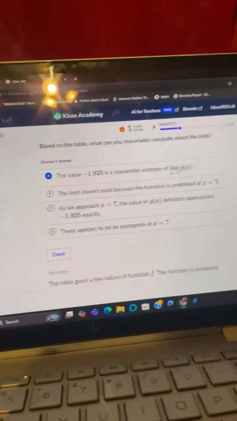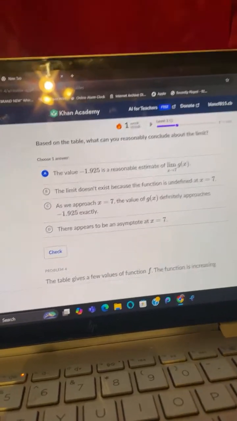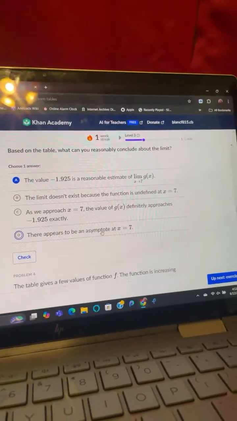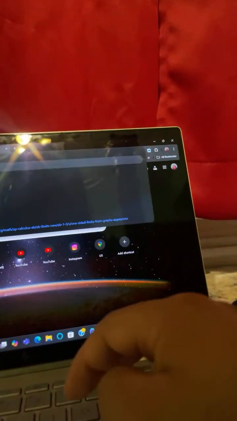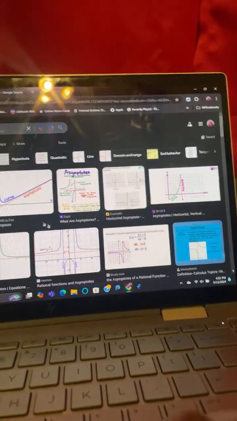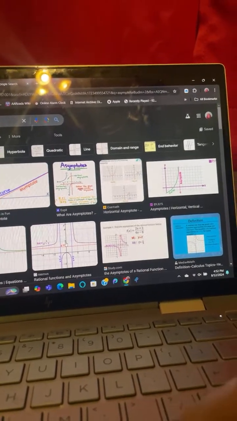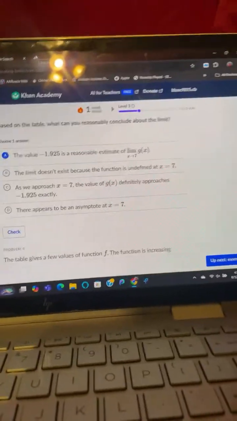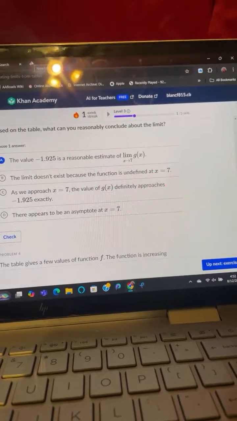But we know that it's undefined. There appears to be an asymptote. So let's look at an asymptote. An asymptote is when one line curves upward and does not hit a certain value. So that's not it. It looks reasonably